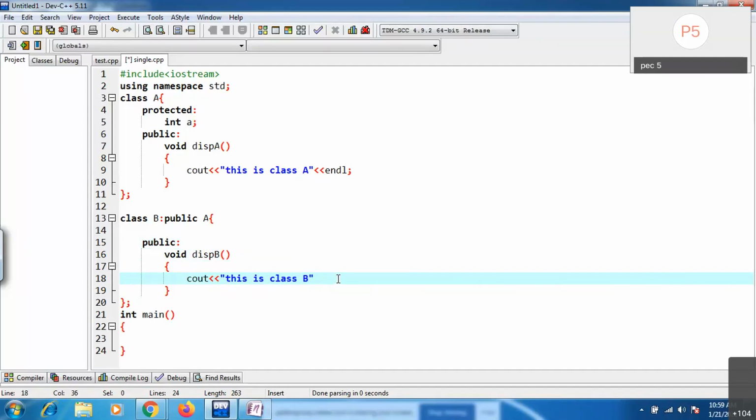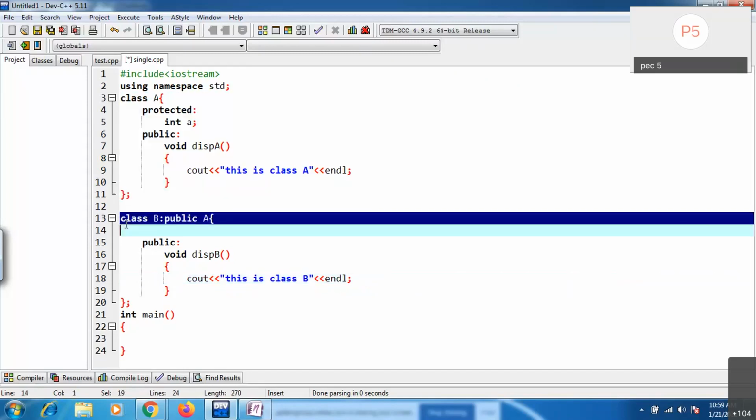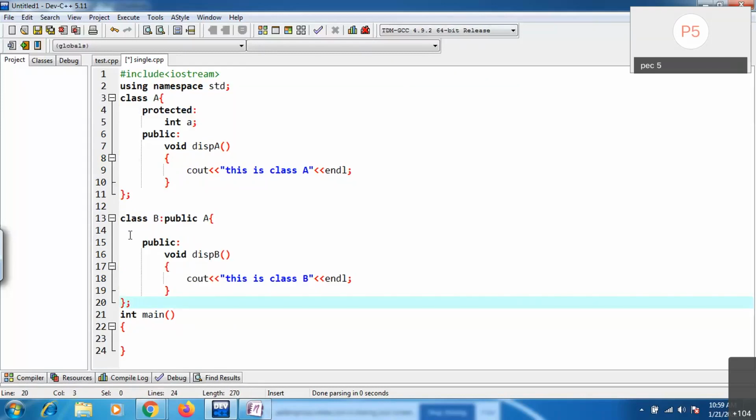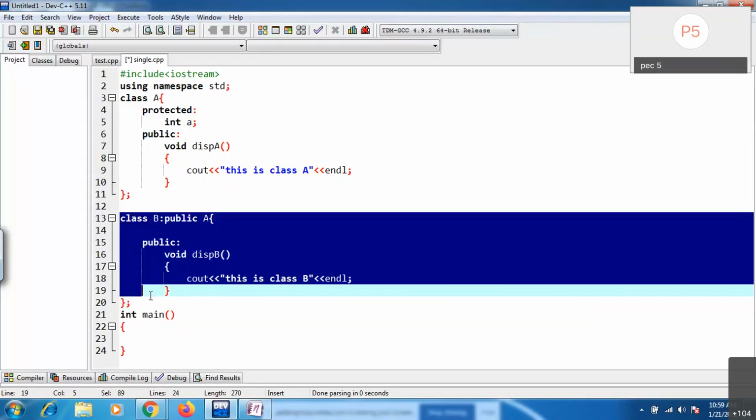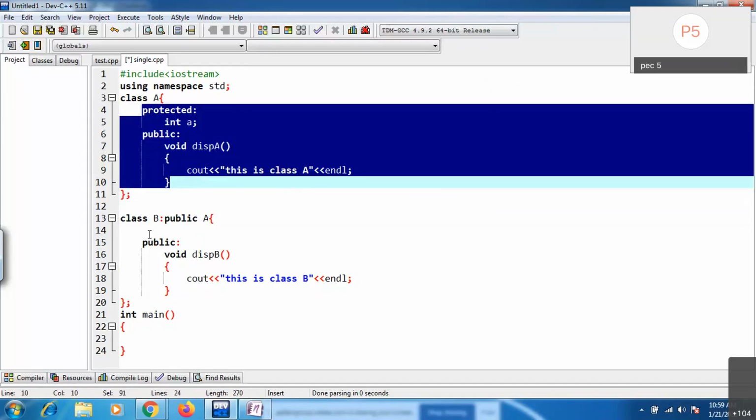This is related to single inheritance. See, one base class is deriving one subclass. B is only one subclass derived from one base class. This inheritance you can say single inheritance. These members are by default visible here.